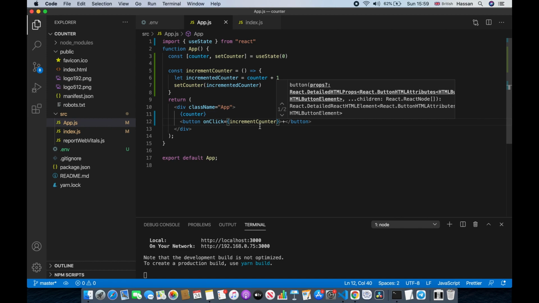And if I save this and click the button, as you can see, the count is changing. So 1, 2, 3. It's being incremented by 1 each time I click this button. So now let's do the same thing, but